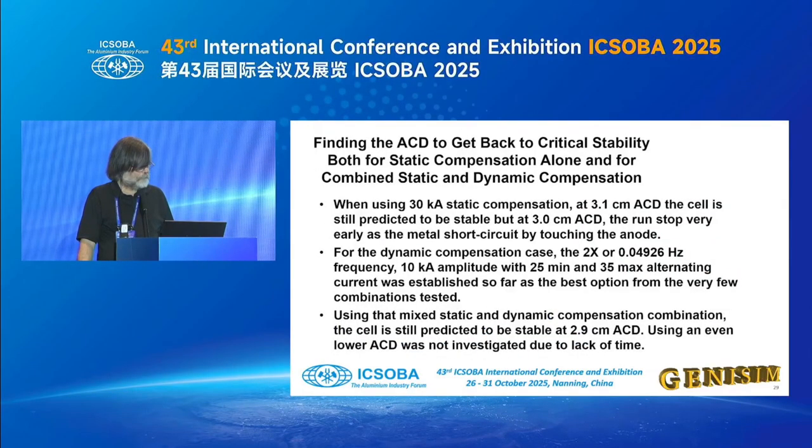Okay, so I'm getting to the conclusion. Using the static compensation, I'm getting from a critical stability without compensation at 4.3 centimeter ACD. With 30 kiloamps static compensation, I can reduce ACD to 3.1 to get back to critical stability. But with the dynamic compensation added to that, I can reduce to 2.9, and I'm still stable, on the stable